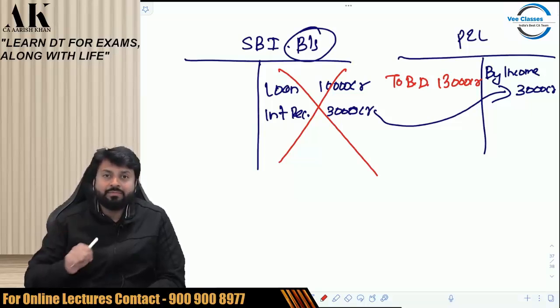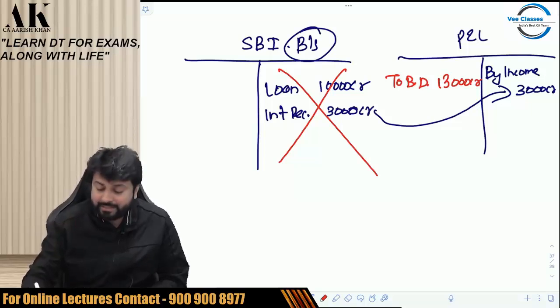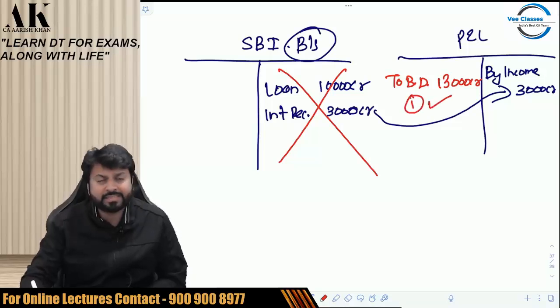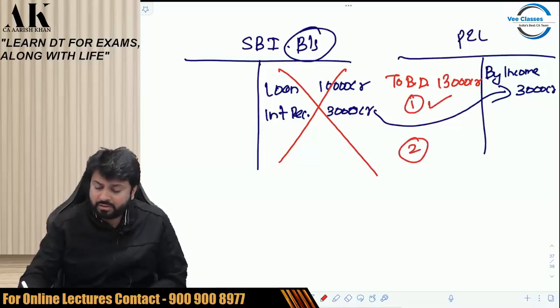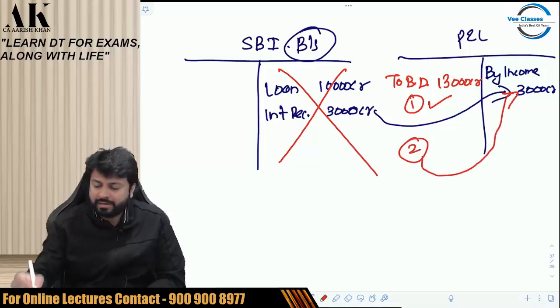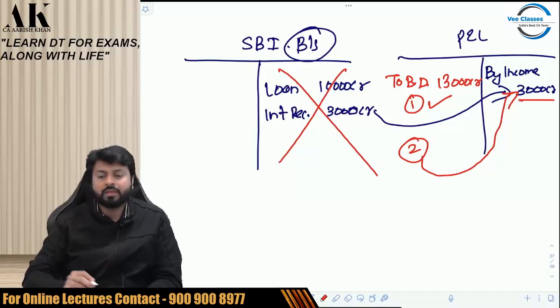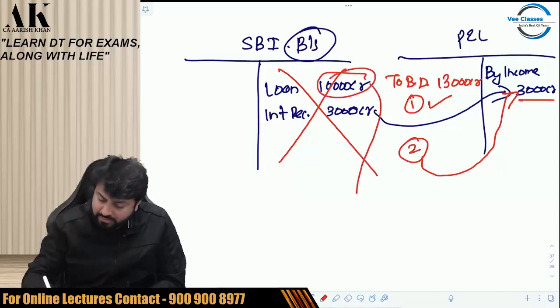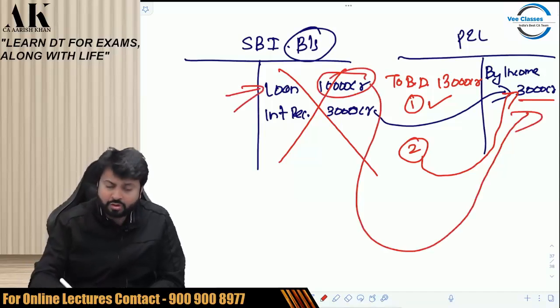And if I want to claim deduction under income tax law, then condition number 1 is what? You have to write off that in the books of accounts. Yes, I have done it. Condition number 2 is what? It should be taken into income earlier. Now, how much was taken into income earlier? Only 3,000 crore. The 10,000 crore never formed part of income because that was not an income, that was